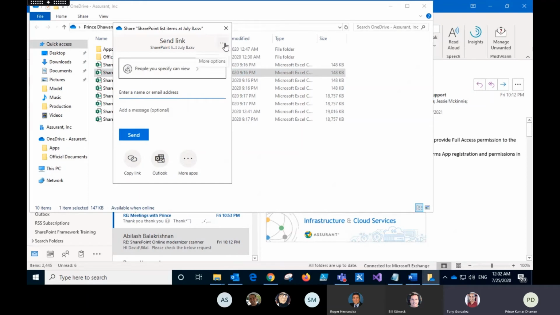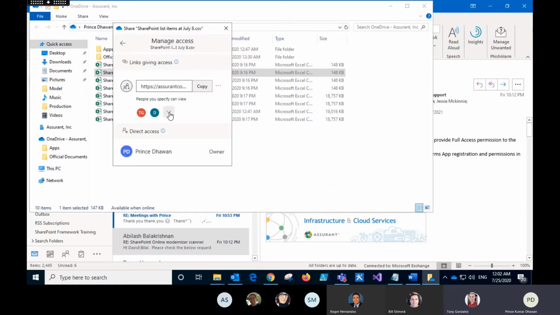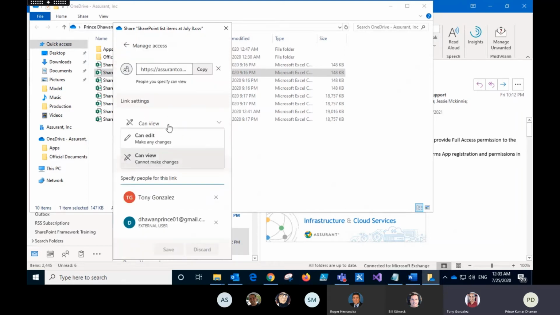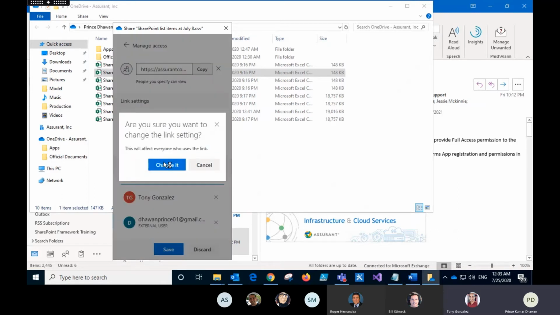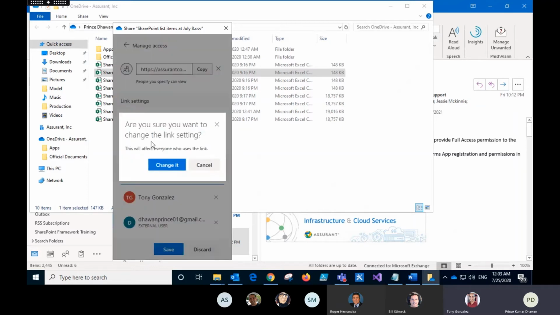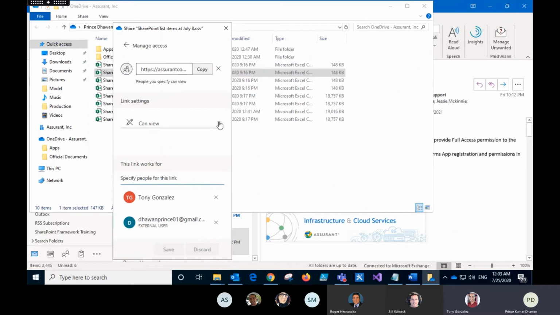I can see here we have an icon, manage access. We can see here, people you specify can view. These are the people who can view right now. If I need to change their permissions, I can make it edit as well. The moment I do edit, their permission will change and they will be able to edit the file. If I need to revert it back to view, I can do it anytime. The moment I change it, they will not be able to edit. So if I give them an option to edit,